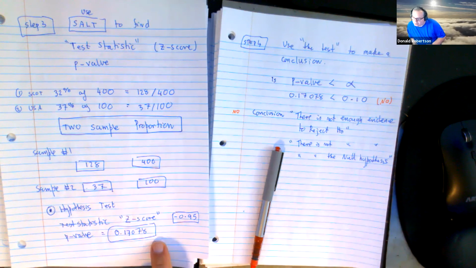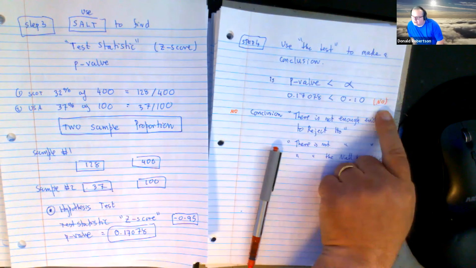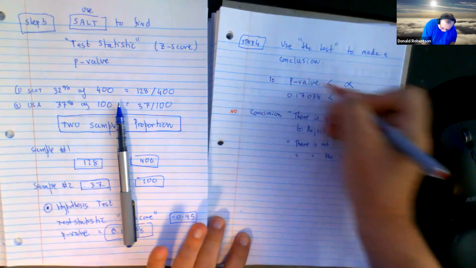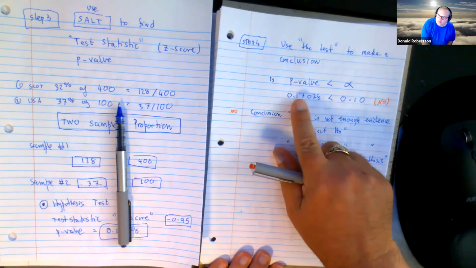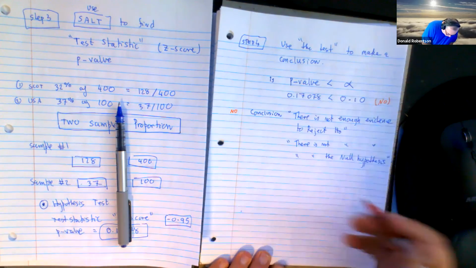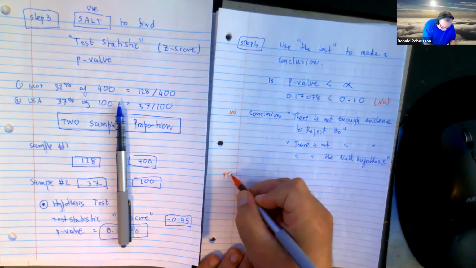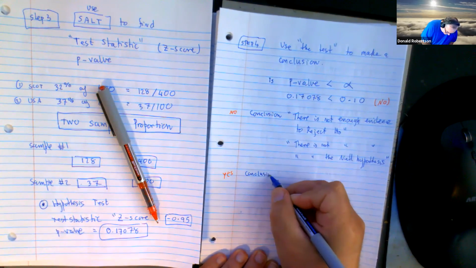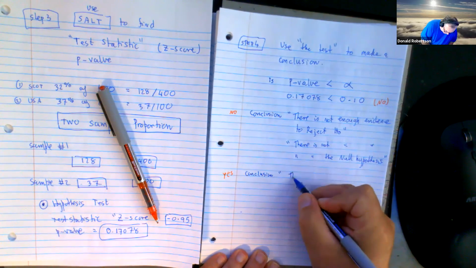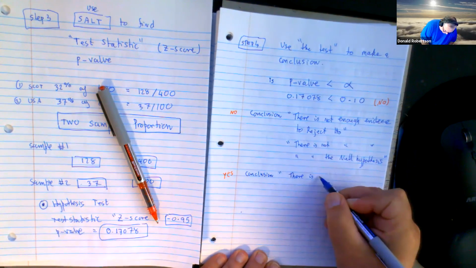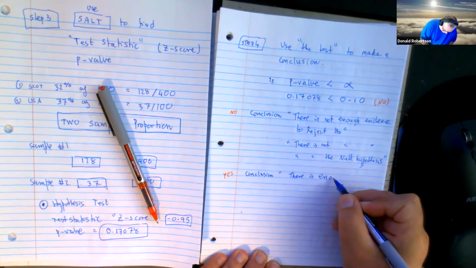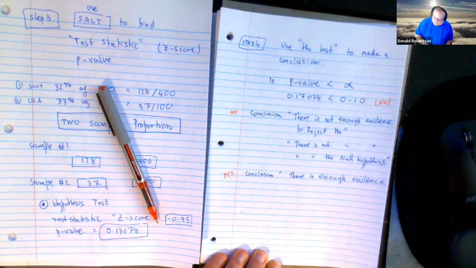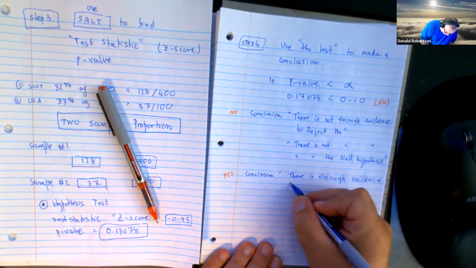When this p-value is small, when we say yes to this, then we can say the other conclusion. So can we pretend in a different world this number wasn't 0.17, but 0.02 or something? When you say yes to that question, your conclusion becomes this. There is enough evidence. It's almost the same sentence. You just take out the word not. There is enough evidence to reject